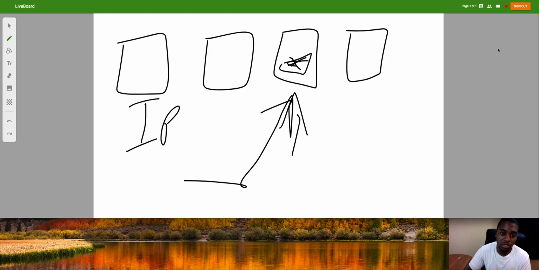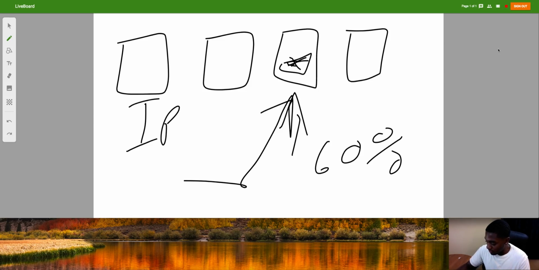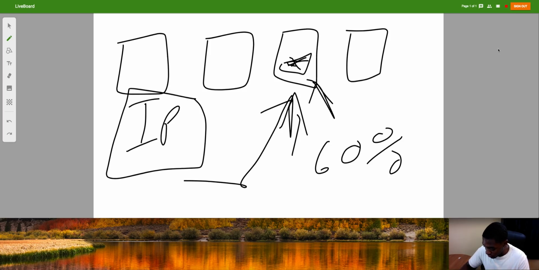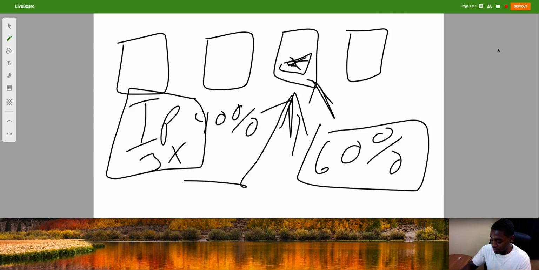9 out of 10 people don't know that. So let's say you got 60% of your traffic coming from this one right here, going to this one right here where the button doesn't work. And let's say you're still in profit though. That's what kills people right here, is the profit. Let's say you're getting like 3x over here just from this 40%, right? That's all people care about. So they don't care that they're wasting 60%, because 3x over here. They don't even know that they're wasting 60%. And that's dangerous, guys. As a marketer, your whole thing is nothing but testing.